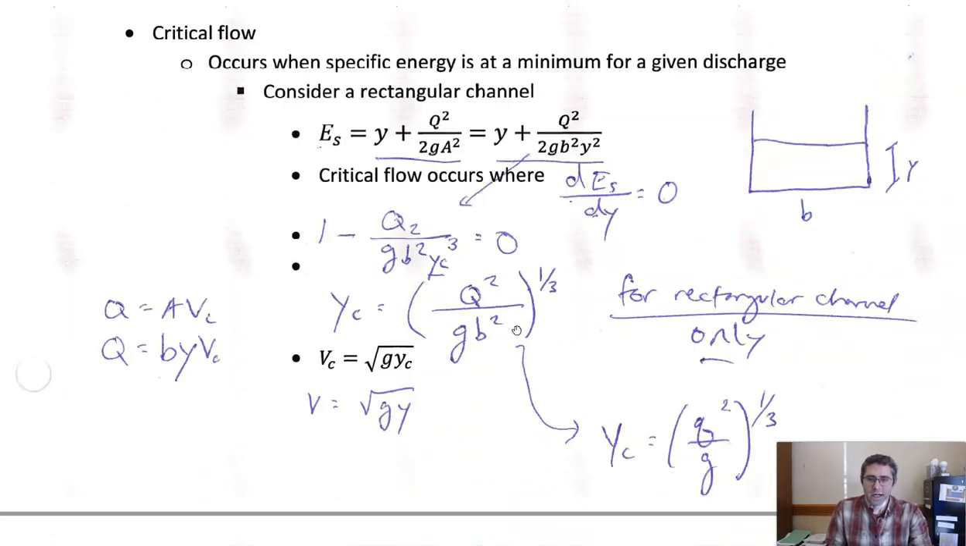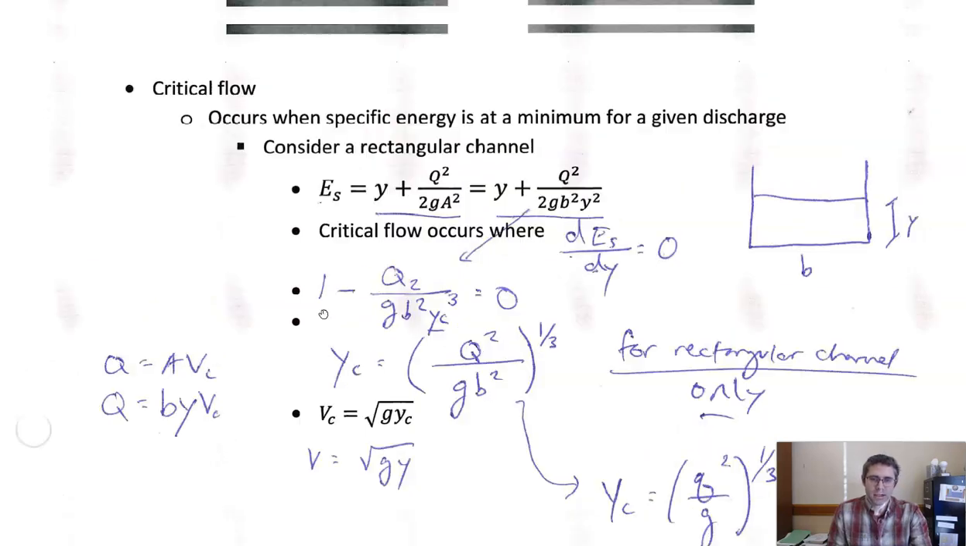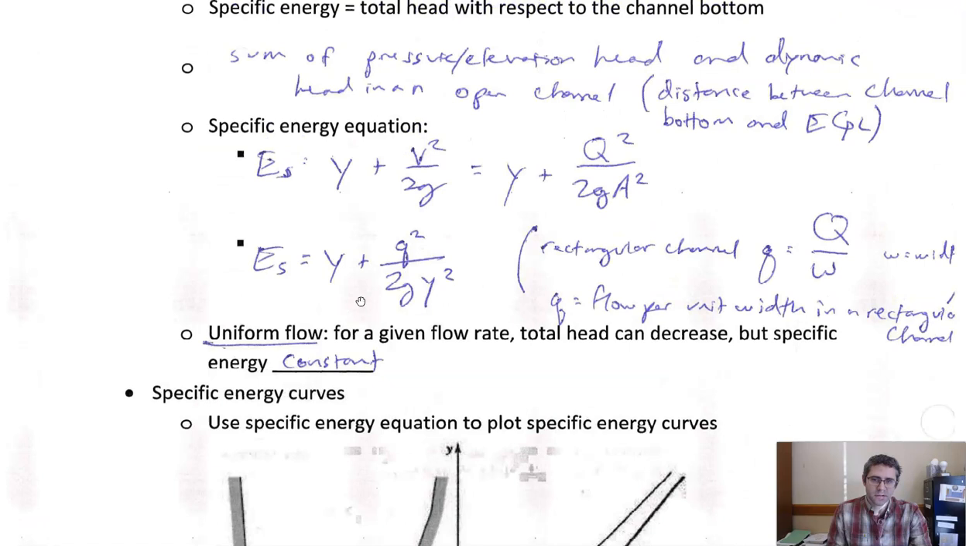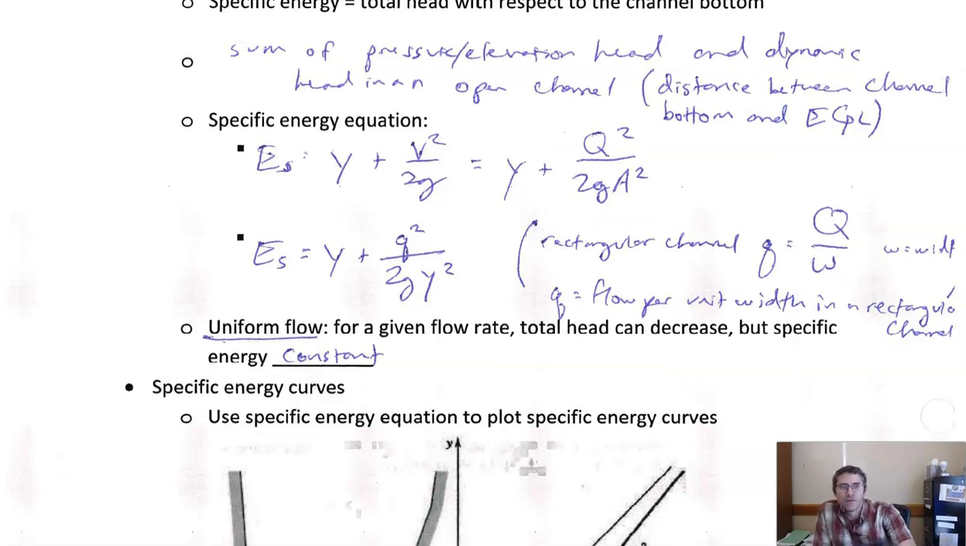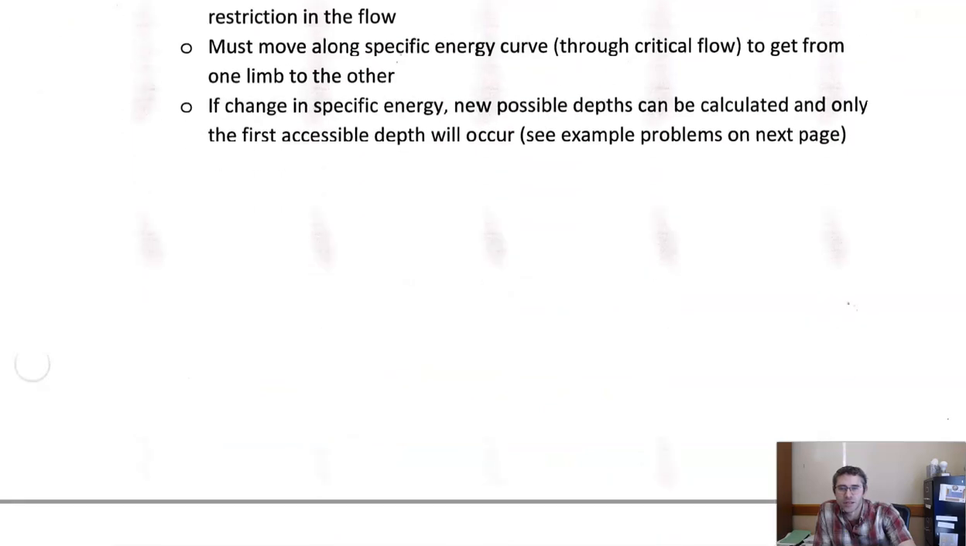In a rectangular channel, if I change B, the width of the channel, my critical depth will change. But given my original definition of specific energy, nothing in there is specific to the channel width. So I change the width, and the specific energy doesn't change, but the critical depth does. Versus the other option, which is